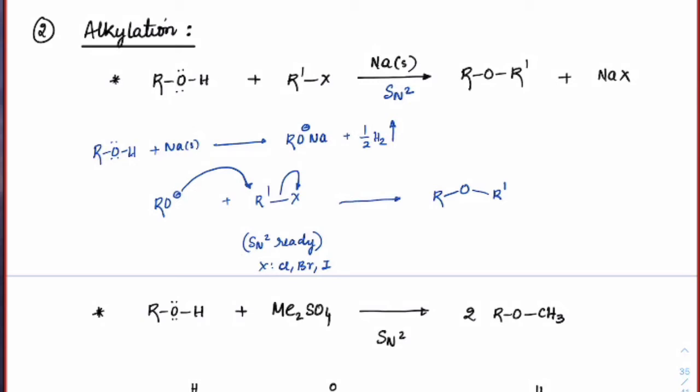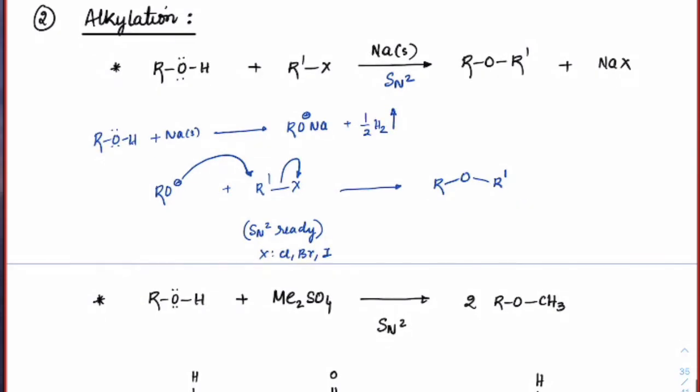Okay, keep on reminding these type of reactions, guys. If at all it was a chlorine here and you are replacing that with iodine, right? Instead of using directly Na, I can use NaI also, NaI in acetone. We call that the Finkelstein reaction. So keep revising that. So RO minus attacks here and forms ethers. So this is an alkylation which has been done on RO minus.